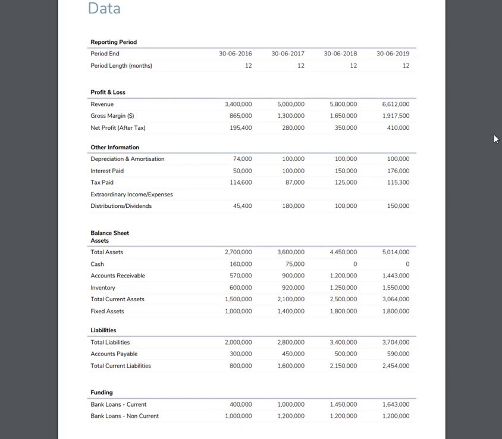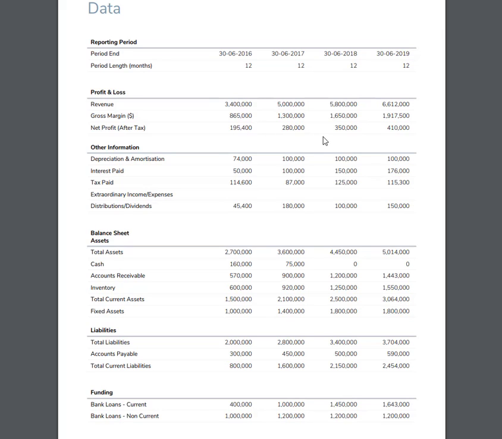This is a demonstration of the business analytics tool that we've been using to do some analysing of some clients' financial statements, just to see where they can improve their business, improve their cash flow and improve their value. So as you can see on this, we have revenue steadily increasing, gross margin steadily increasing, so that